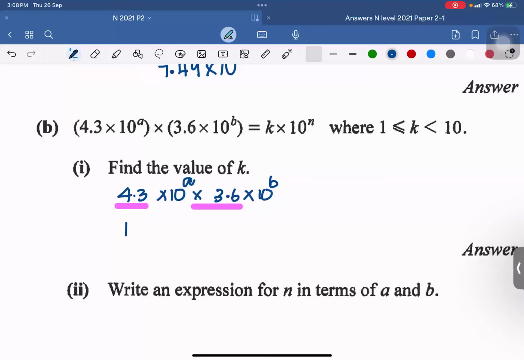15.48. Okay, so now I have these two numbers. Next, I have the one